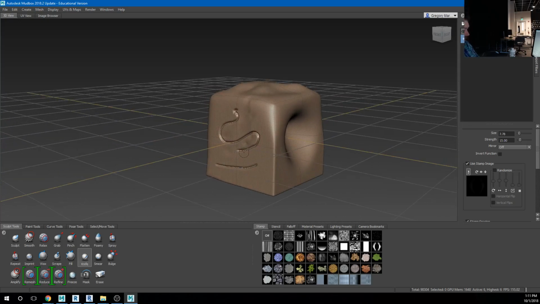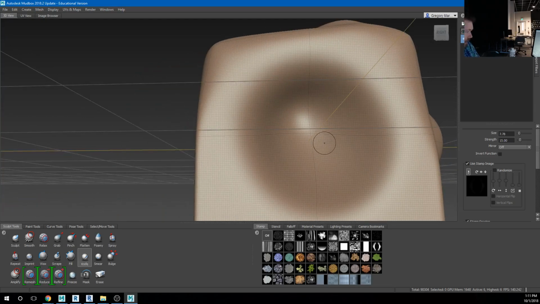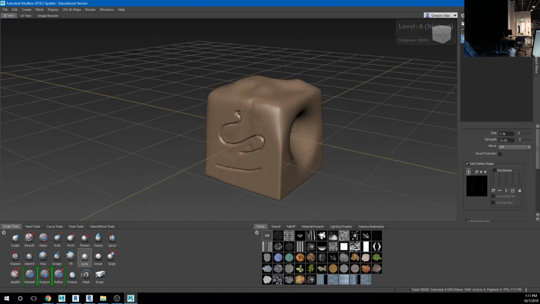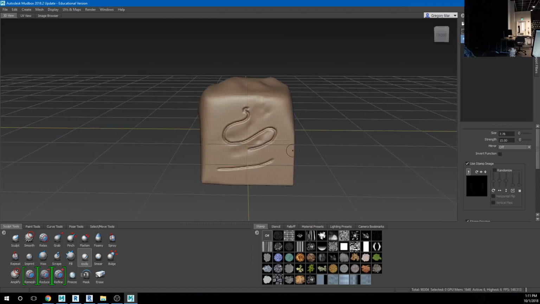But I need all of this detail over here, I don't need it here, right? Like this is being wasted. And I think it's up and down, no. Page up, page down. So right now I am at like 98,000. I'm almost at 100,000 polygons just to have this box, right? So that's not necessarily very